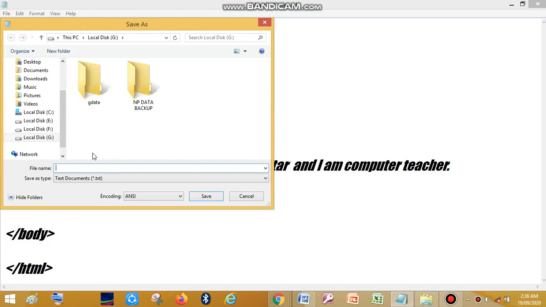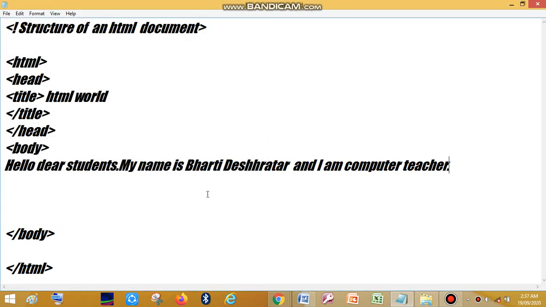Choose the folder or a drive in which you want to save it, and then type the name of the file followed by the suffix .html or .htm. It means that after writing the name of the file, Bharti new, you need to write .html and then click on the Save button.